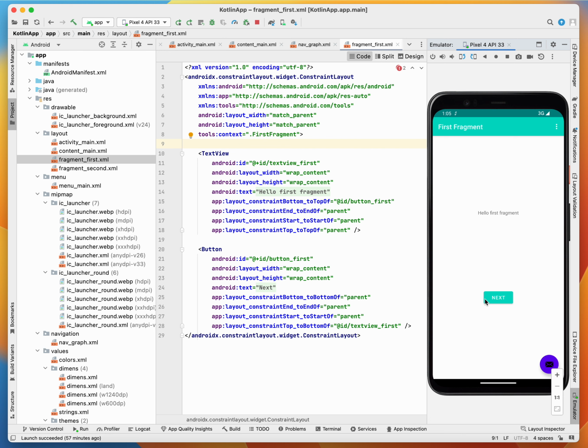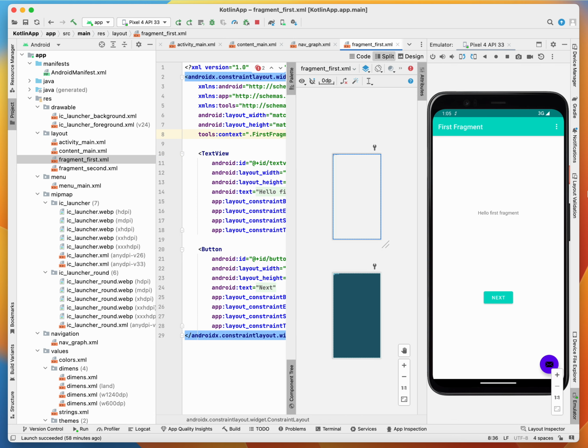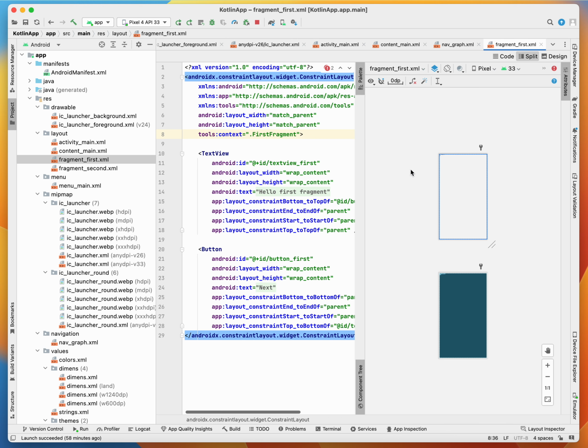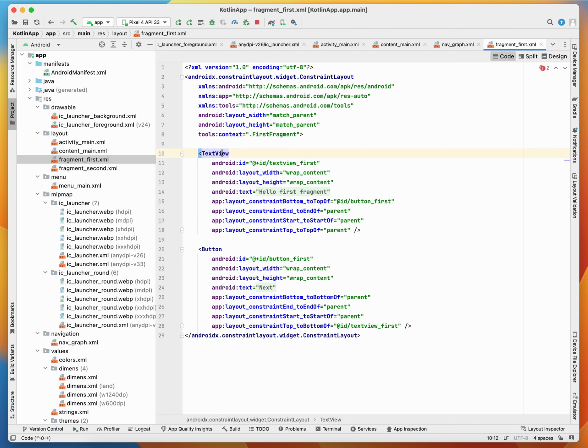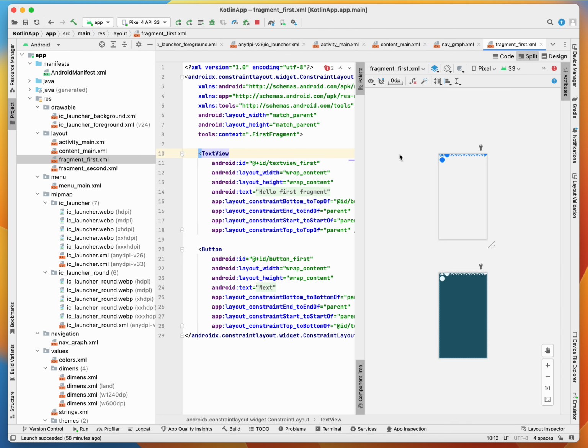Like constraint based, start to end of the parent, or the view is centered horizontally, as both constraints are applied. For the moment in text view, let's understand. Okay, let me close the emulator. I am not able to see the view here. Okay, if you see this text view,